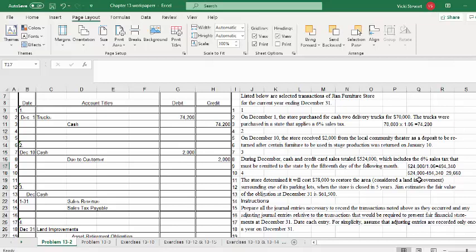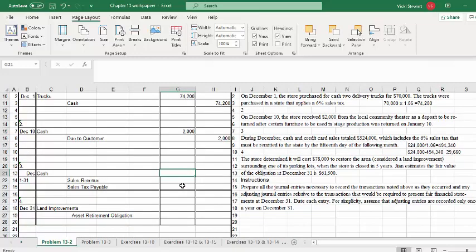$494,340. Then to determine the sales tax liability, you take the gross amount, subtract the sales revenue, and that will give you the sales tax of $29,660. And of course these sales would have been recorded all during the month, but we're just going to make